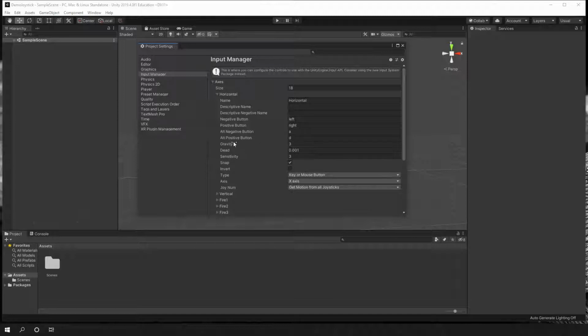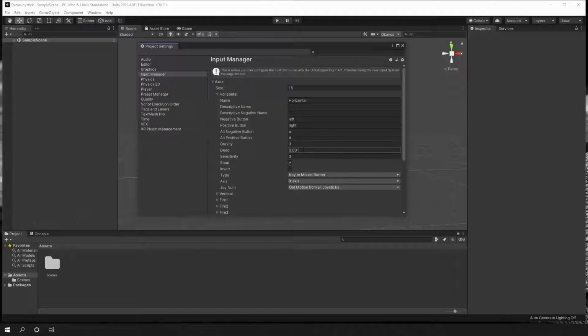Then it says gravity. And as you can see, it says it's the speed that the output value falls towards neutral when the device is at rest. That means that when we move the joystick and we release it, how much time it takes to go back into the middle. Okay? Now, as you know, whenever you use a joystick, it begins to have some kind of deterioration. And some joysticks are starting to tilt a little bit to one side or upwards and backwards.